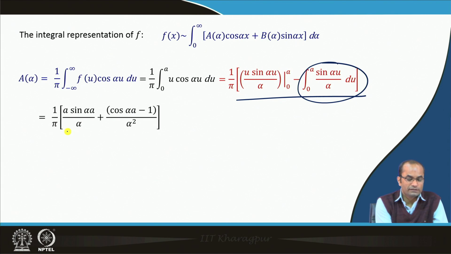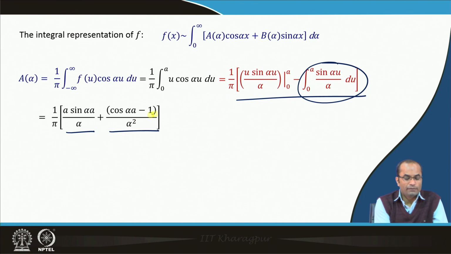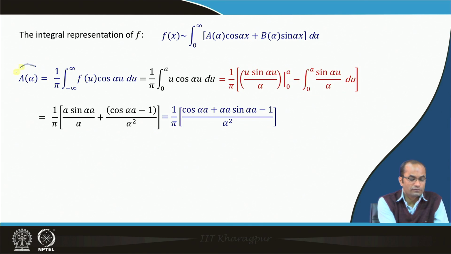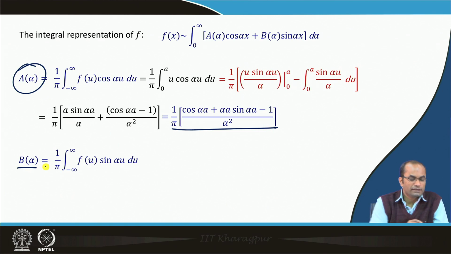we end up with a sin alpha a, and then here we will have cos alpha a minus 1 over alpha square. So, then we have 1 over pi coming from here, and this can be merged to have this alpha square there. So, this is the term for this coefficient a(alpha), and then similarly we can compute